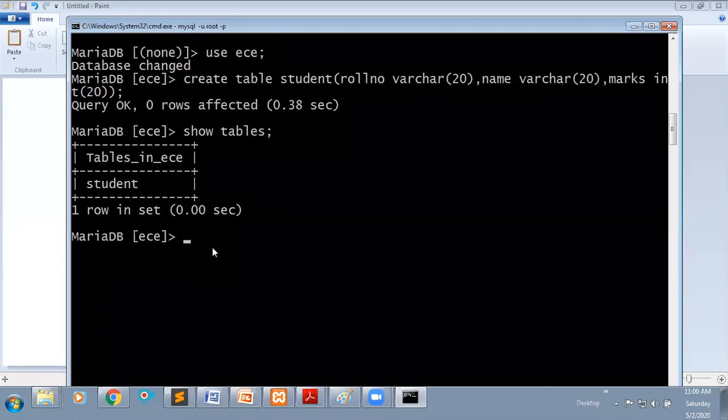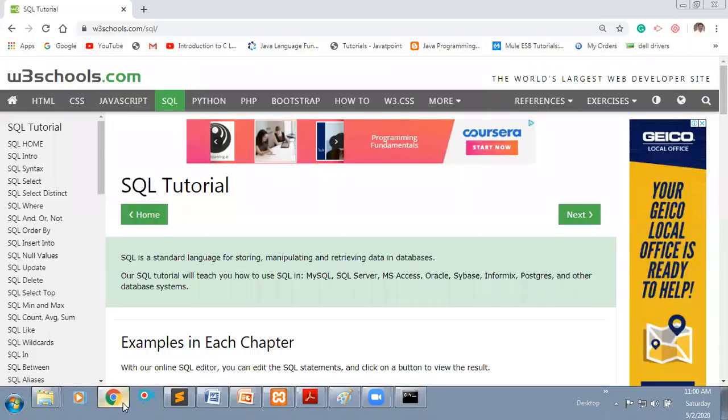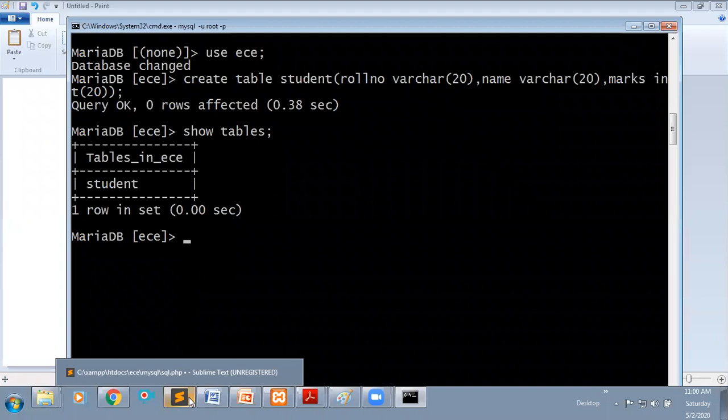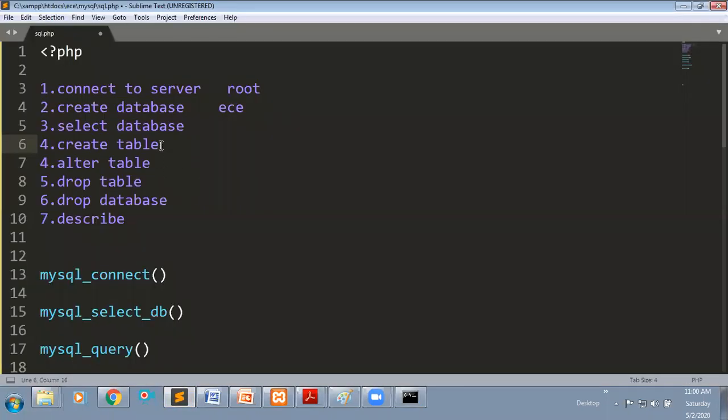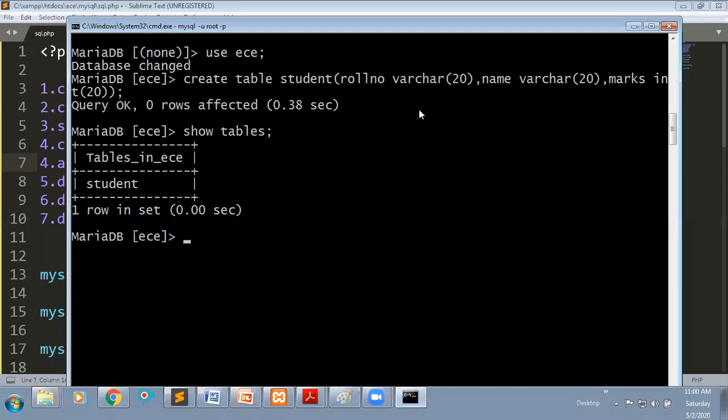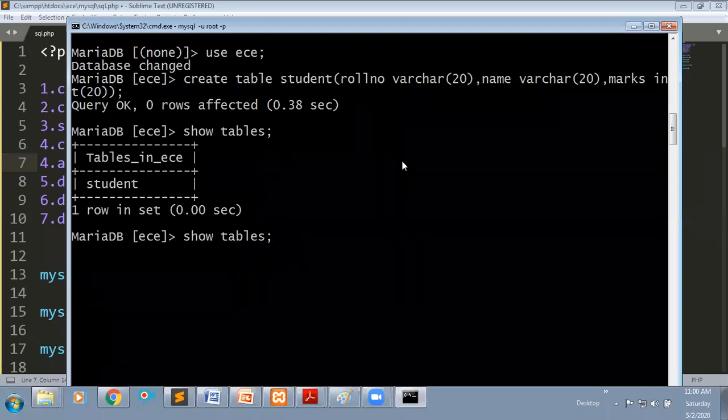See here, I have just created the table by using the create statement. Then if you want to change any columns, for example, here one column is there, roll number. I don't want to access it as a varchar. I want to access it as a number, an integer value. What you can do is alter that